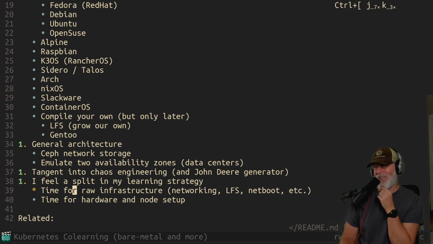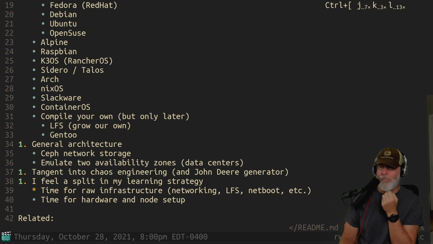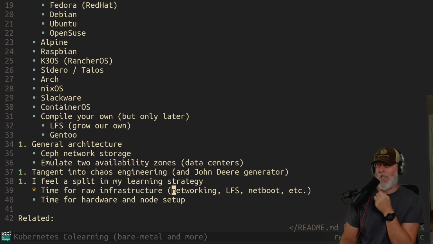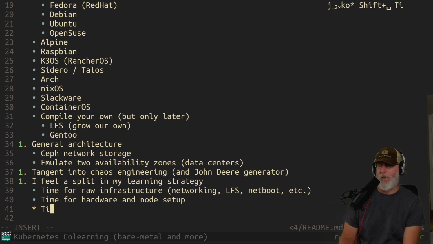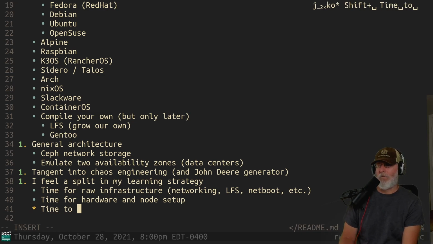So I feel like a split in my learning strategy. Time for raw infrastructure. Time for hardware and node setup. And this includes crimping my own network cables, which I love to do. It's so much fun. It is so satisfying. And I need time for CI/CD development.